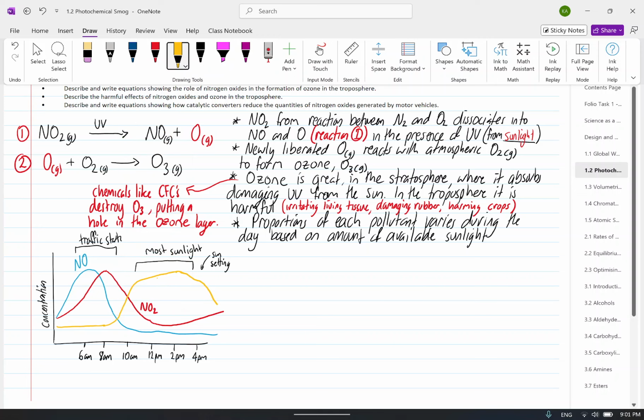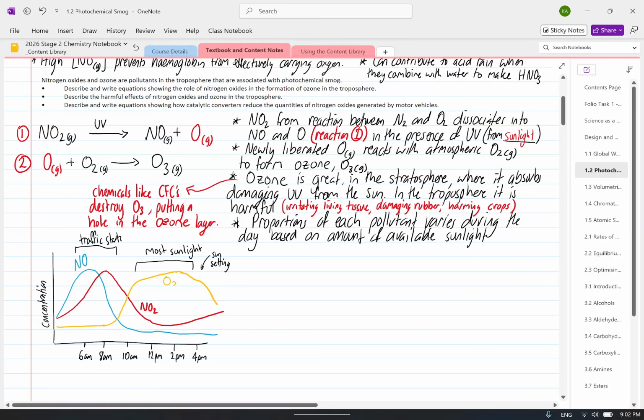Okay, so let's just have a look. So if we've got NO that we have increasing in the morning, we then have an increase in our NO2 because that is a product of our initial reaction with our NO. When we combine those two, you're going to get our O3 forming. Now, O3 is going to be forming